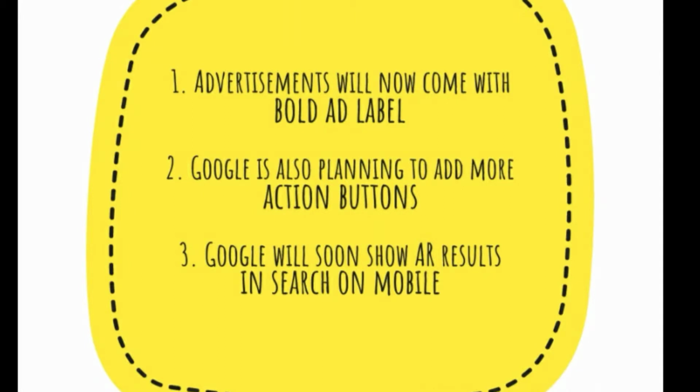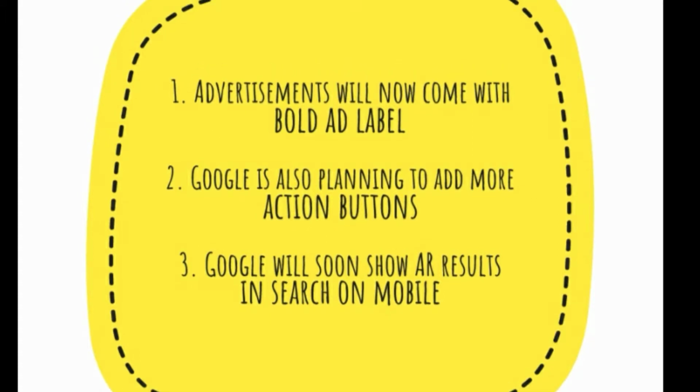First, advertisements will now come with a bold ad label. Google is also planning to add more action buttons. Google will soon show AI results in search on mobile. Here, AI results means augmented reality. It means the results of Google search will be more realistic, and